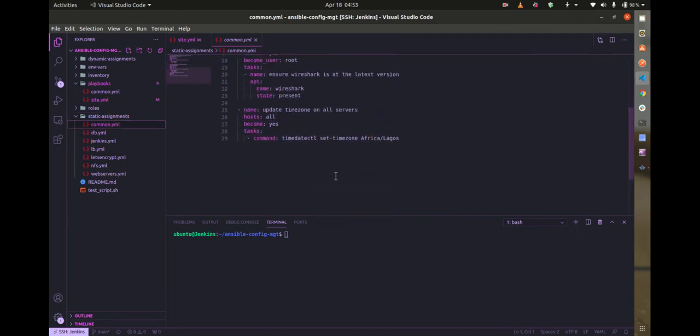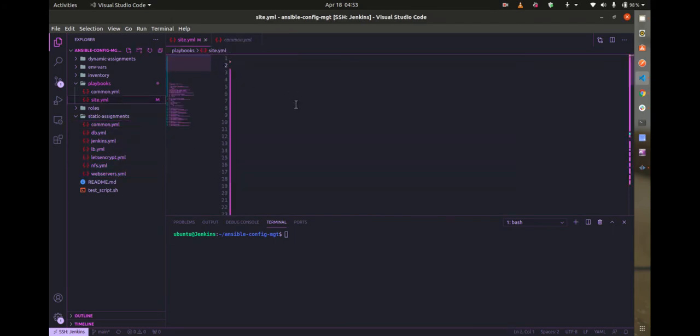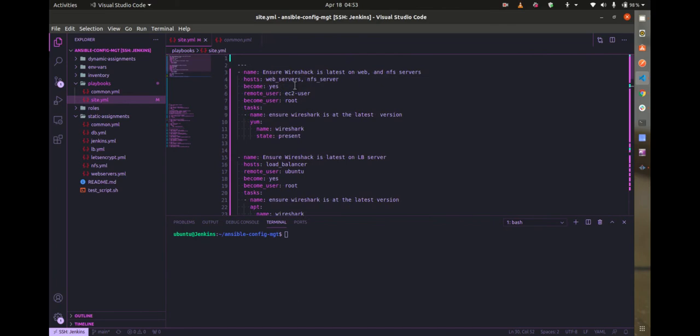It's written in this file, so I'm just going to grab everything and copy it down to this playbook here for simplicity's sake. So yeah, this is our play here. Now, like I said, Ansible works basically with plays, and a play is usually the entry point for Ansible, and the